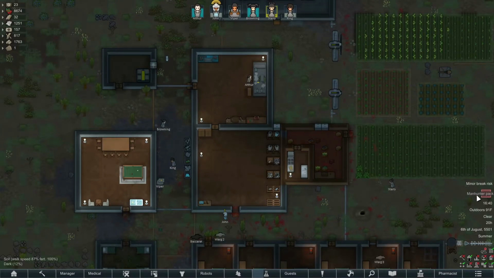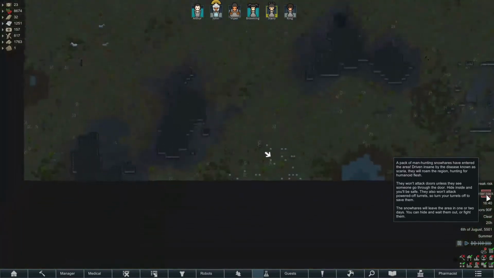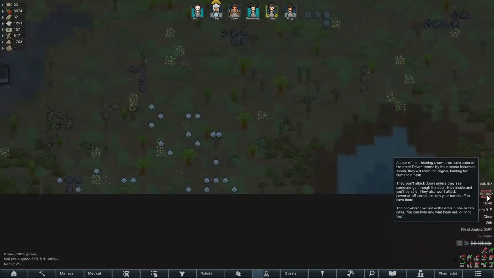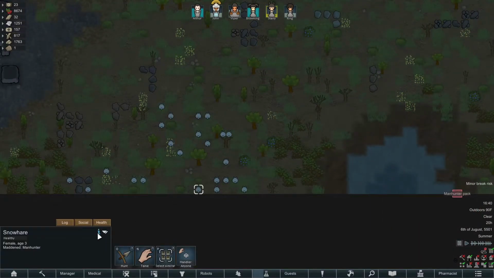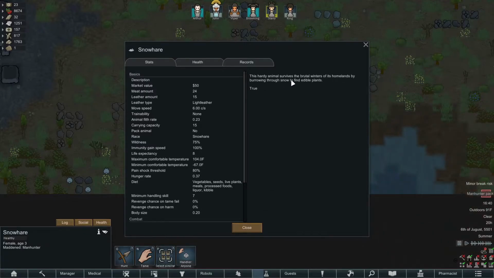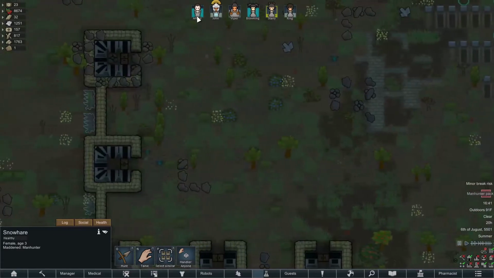What is it a Manhunter Pack of? A pack of manhunting snow hares. Hey, this reminds me of a previous time. That's a lot of snow hares, actually. 23 snow hares, that's wonderful. Hardy animal survives the brutal winters of its homelands by burrowing through the snow to find edible plants. Cool, they can run faster than our humans, so...